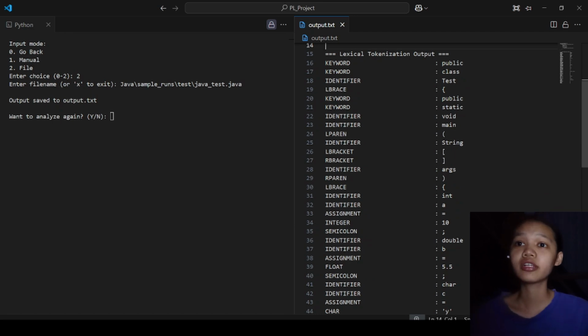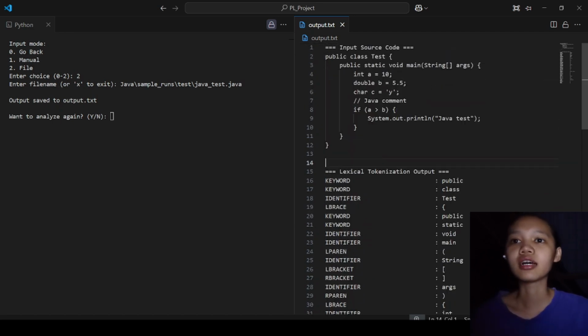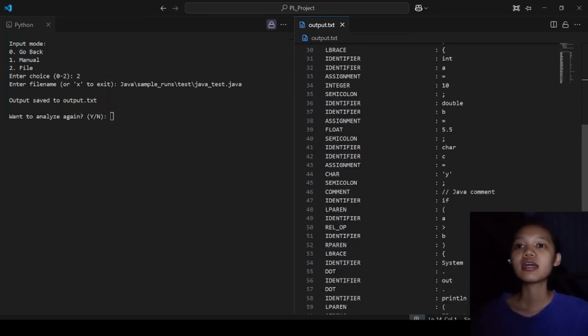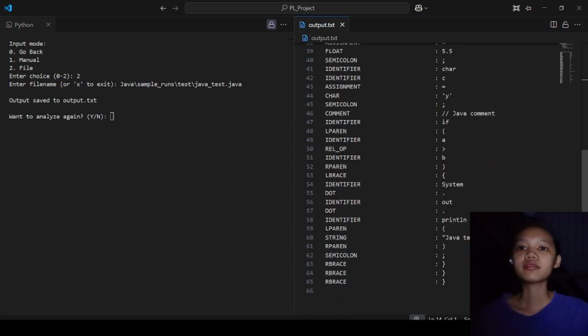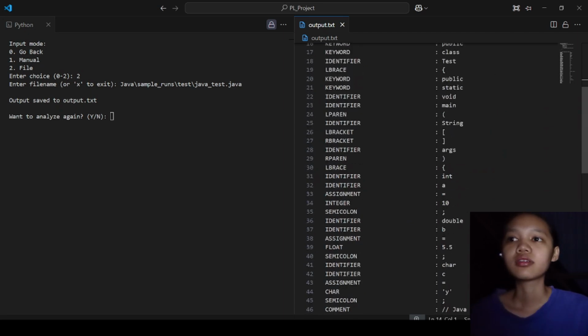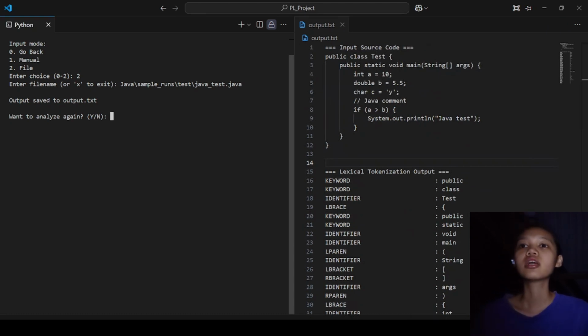So here we already have the output.txt file containing the lexical output with the same format as the manual output earlier. Okay, so that is how our program works. But how about the error handling?